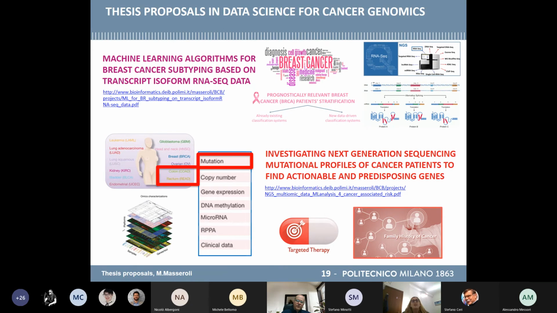Particularly, currently we have two proposals. One is again focused on the topic of breast cancer subtyping, that, as I told you, is still an open topic in the medical domain, but from a new perspective. So a perspective that, to the best of our knowledge, is still quite unknown. That is the role of transcript isoforms, that are basically the possible transcripts that originate from a single gene